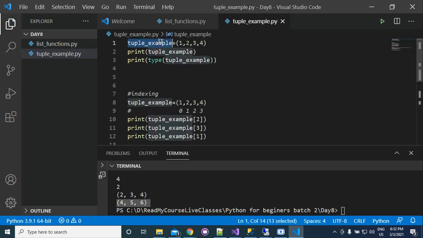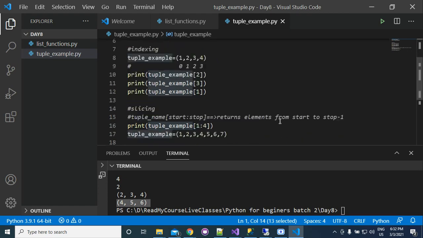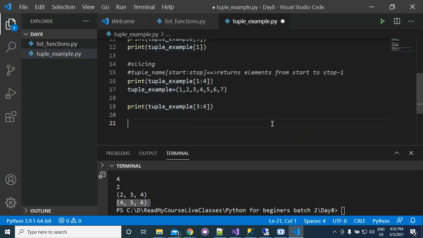Now if you try to add any element in the tuple or you try to delete any element from the tuple, you cannot do it, because addition or deletion of any element in a tuple does not exist. So suppose that you write here tuple example dot add, or tuple example dot remove.